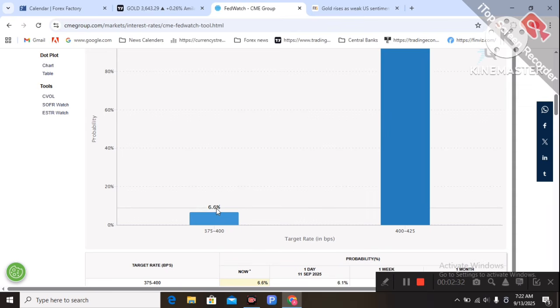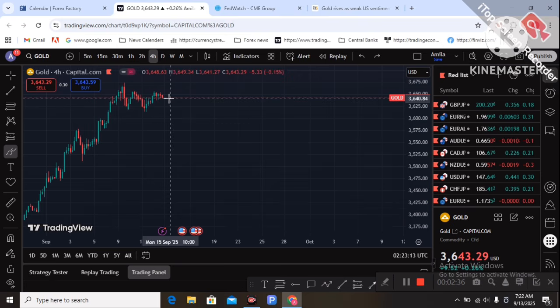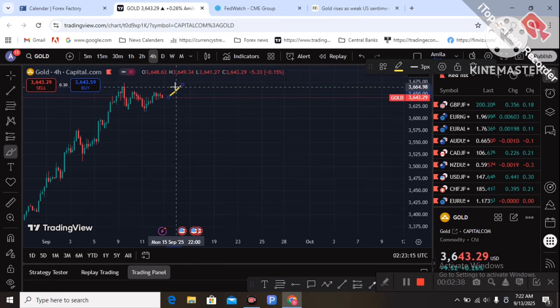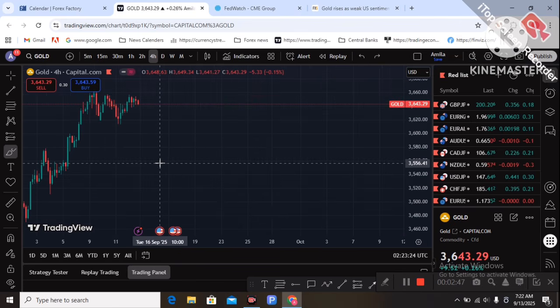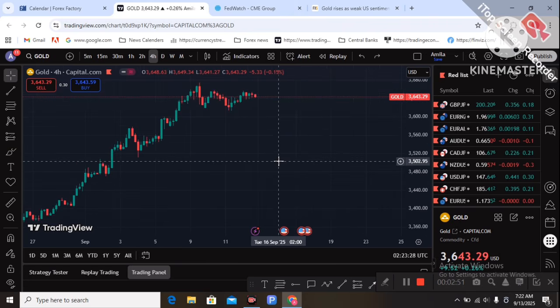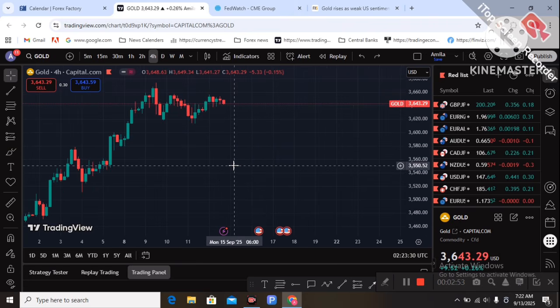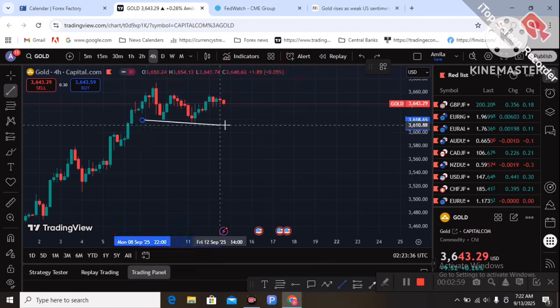I am hoping gold drops to the downside, but if the Fed cuts the rate by 50 bps, which is not priced into the market, that will push gold to the upside. If a 0.5% rate cut happens next week, it will push gold to the upside, because a 50 bps cut at the next FOMC meeting is not priced into the market. So that's the interesting major economic event.